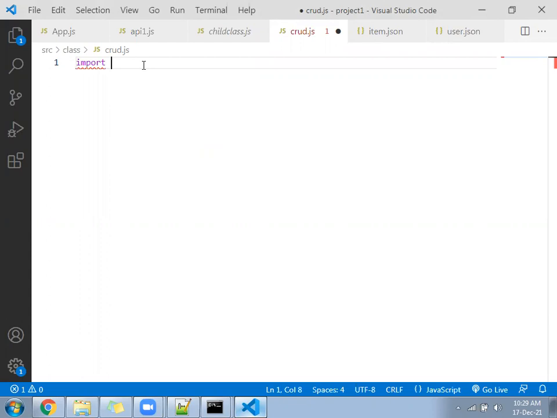Okay, let's go. Import React, comma, Component from React.